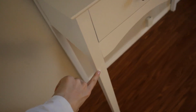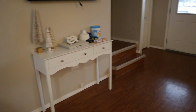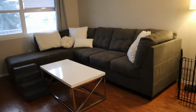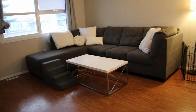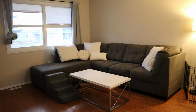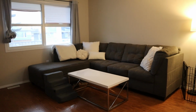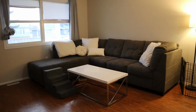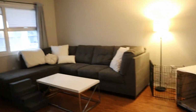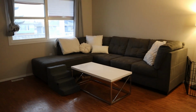He might start chewing on this entryway table, but otherwise there's nothing plugged in. Honestly, like I've told you guys before, if he starts chewing on the corners of the couch, I don't really care. We want to get a new couch anyway. If he does one day destroy the couch, preferably he wouldn't, but if he did because he was so anxious and we didn't train him properly and he wasn't playing with his toys and one day he decided he was going to eat the sofa,